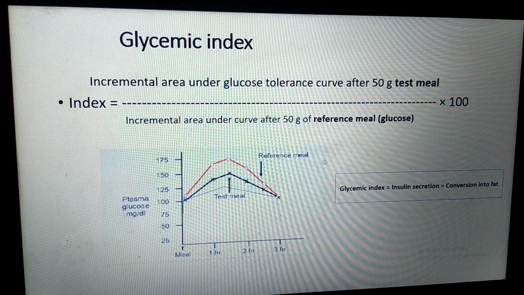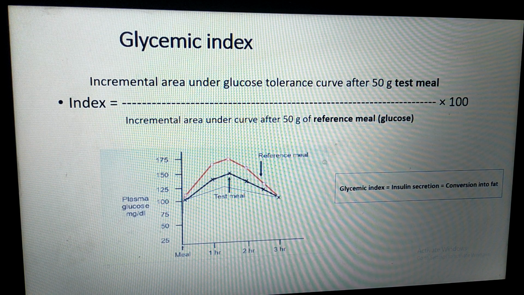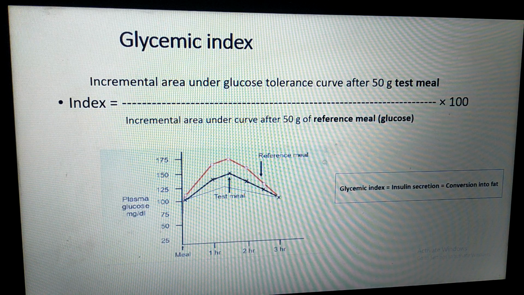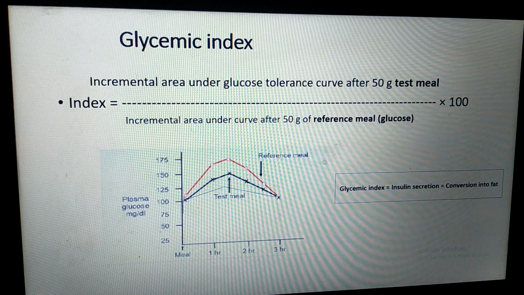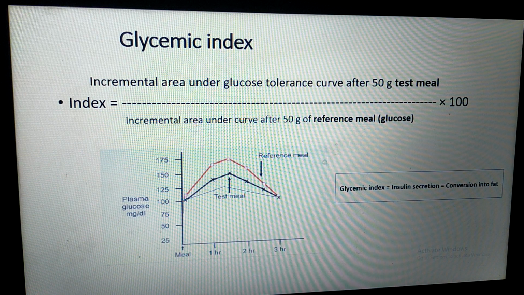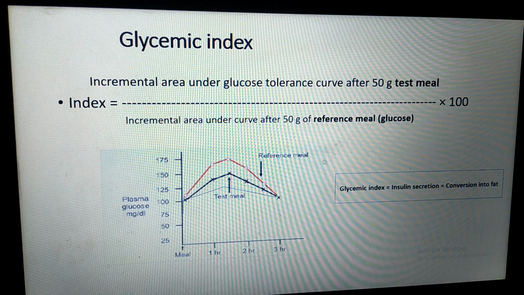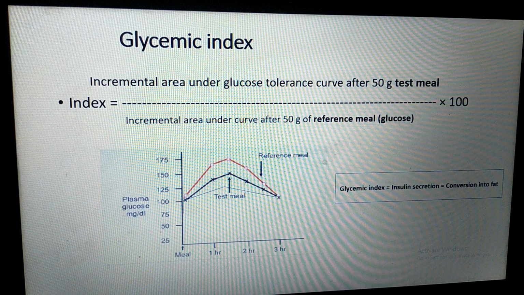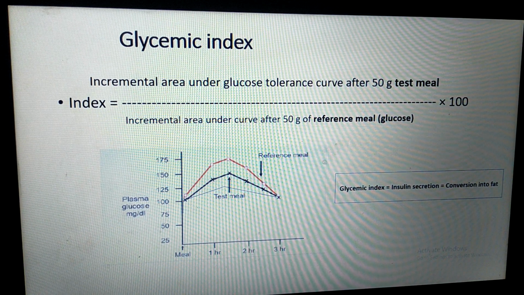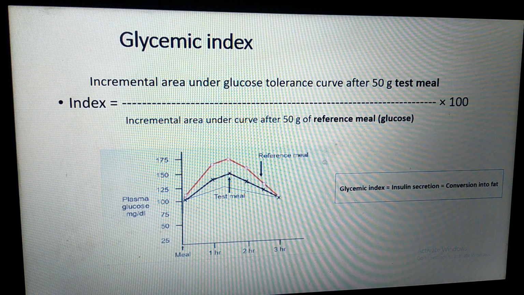If the graph of the reference meal, that is glucose, and the graph of the test meal are near to each other, then you can say that the glycemic index of that food is high. If the graph of the test meal is away from the graph of the reference meal, then that food has a low glycemic index. One more thing about glycemic index is that it is directly proportional to insulin